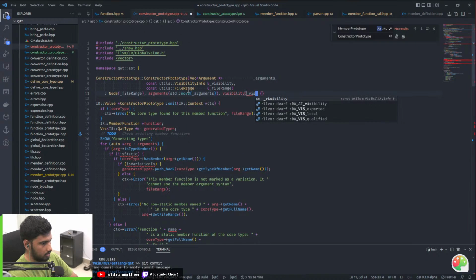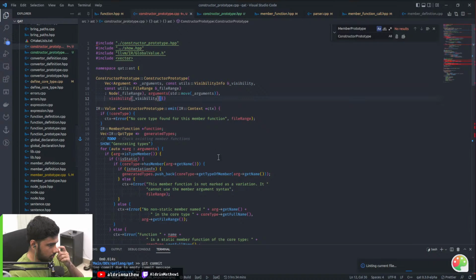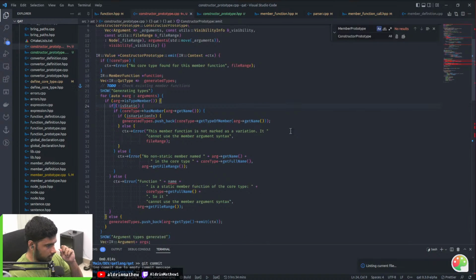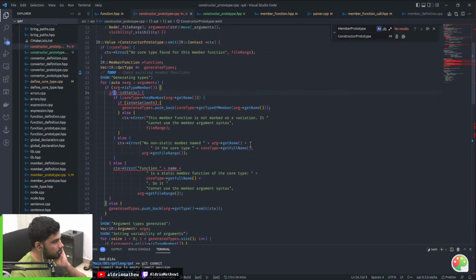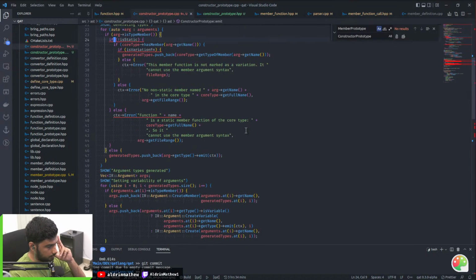Visibility, yeah, that's it, right? Is static. These things don't have any validity for a constructor prototype, so there are things I have to change.